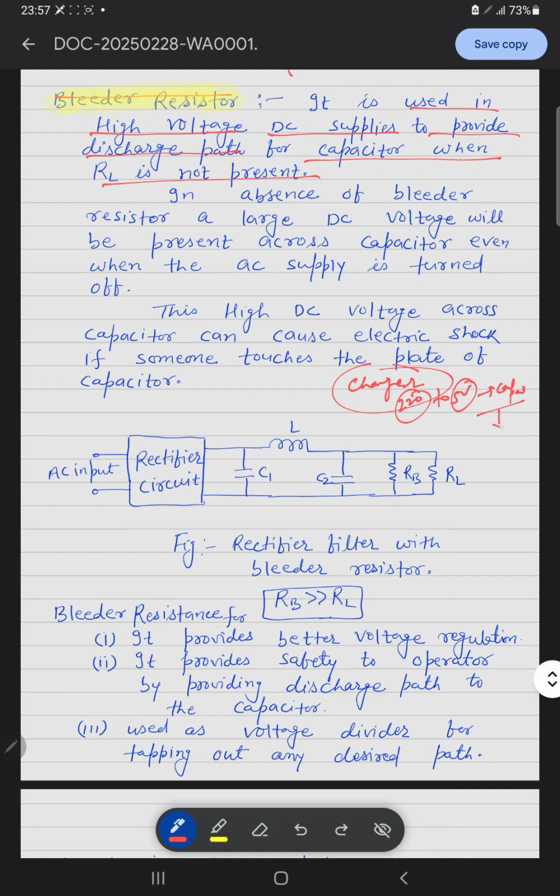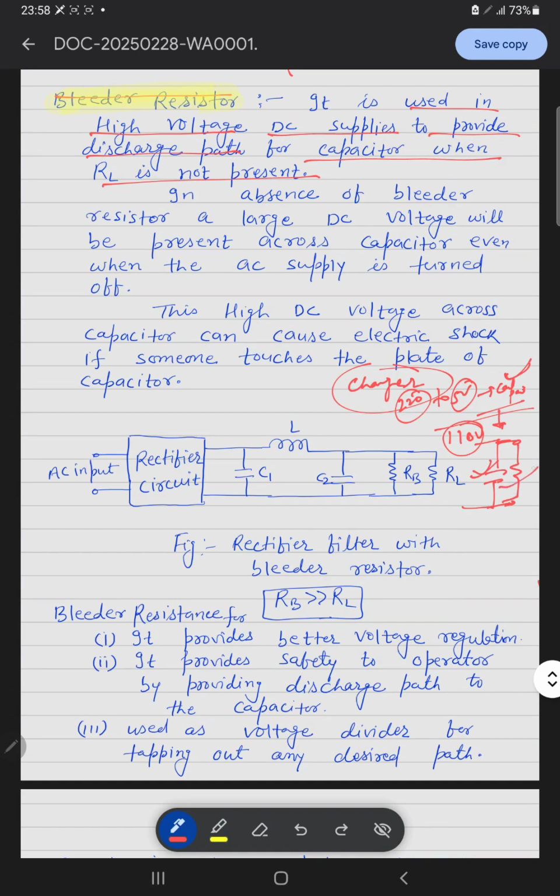But when we plug the supply into the AC supply, the capacitor will charge, okay? Suppose this is a very high voltage DC, suppose 110 volt DC, then the capacitor charges up to 110 volt DC, and when no load is connected, it will store the charges, and when a load is connected,